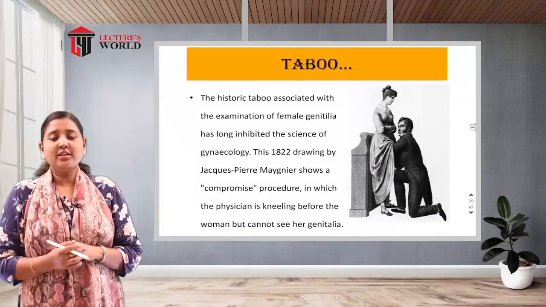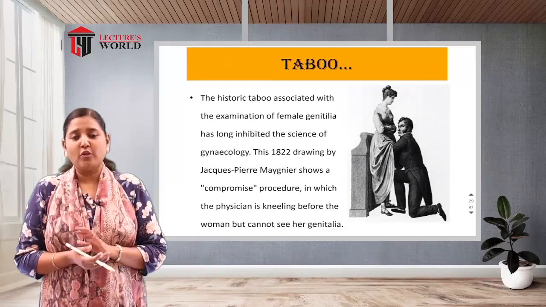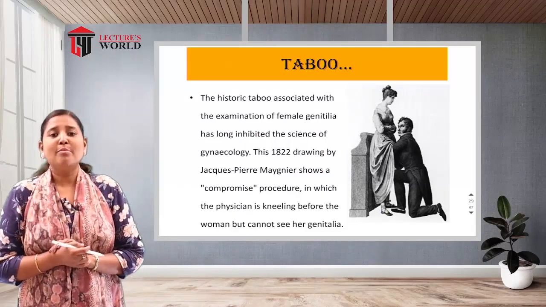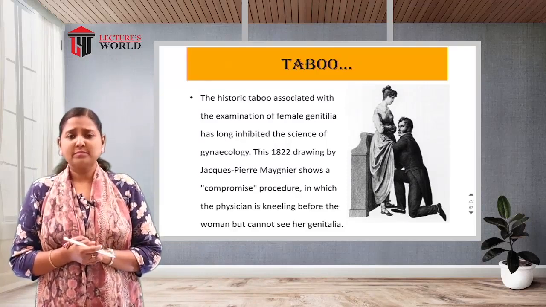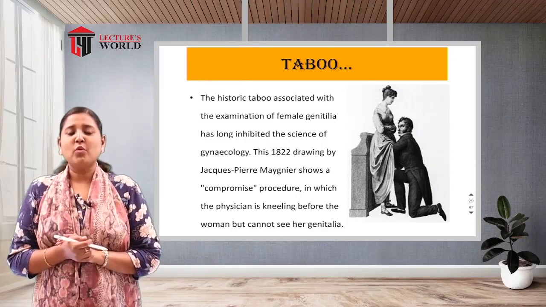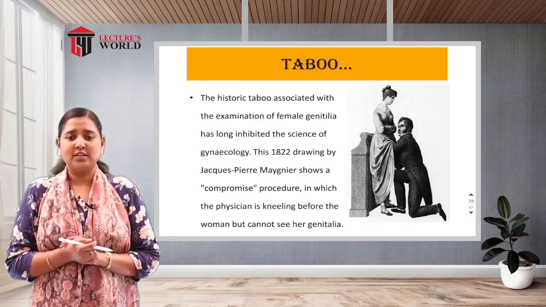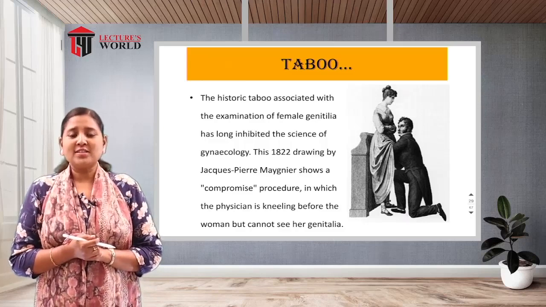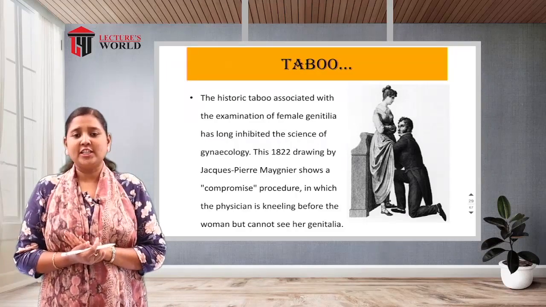During the British period, British doctors were present at the time of the British rule in India. But among Indian women, we had a taboo that nobody should see the private parts. So if a mother is pregnant and you wanted to do a vaginal examination to identify the condition of the mother, it could not be done. The taboo was that a male doctor cannot visualize the genital part.